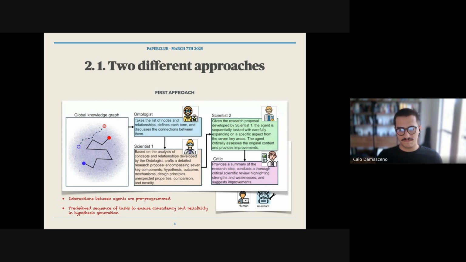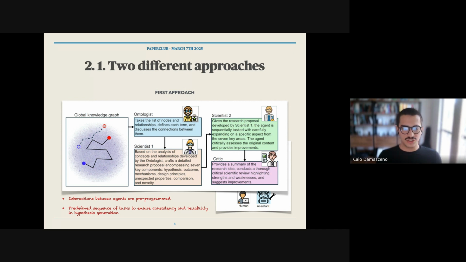And the focus of this first approach is that interactions between agents are pre-programmed, they are predefined, so that every time you run a different test, a different run, the steps are the same.